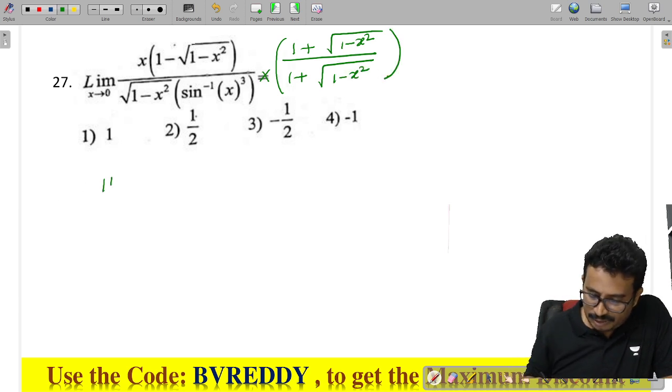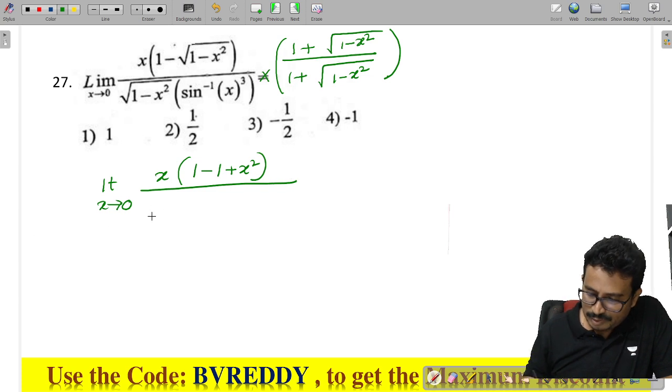Tell me now here, limit x tends to 0, x into, I can say a square minus b square, so that is 1 minus 1 plus x square by, so this into this, if we multiply, square root of 1 minus x square plus 1 minus x square